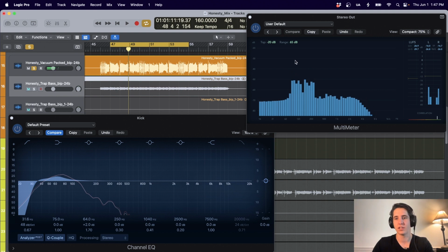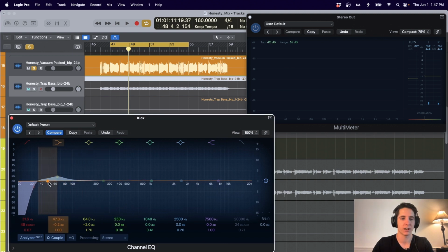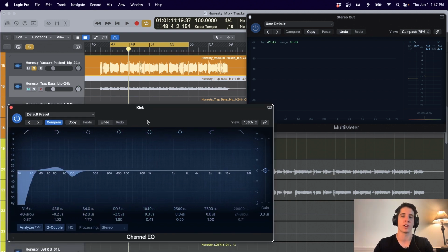Okay, so as you can see, the real fundamental of the bass is really living around that 100 hertz range. So what I'm gonna do is add another band here, pretty narrow, and cut right at that 100 hertz range or so. This is gonna create a lot of separation between my kick drum and my bass, so they're not running over